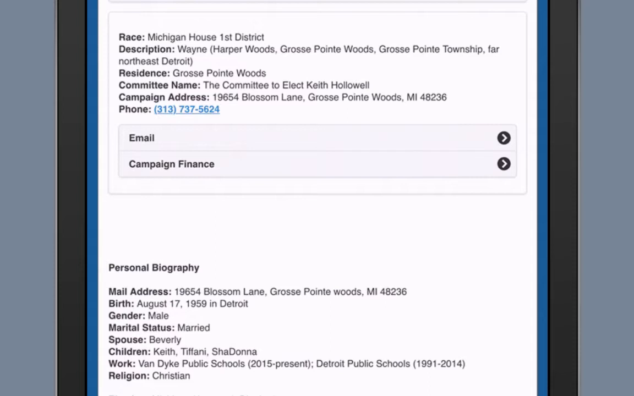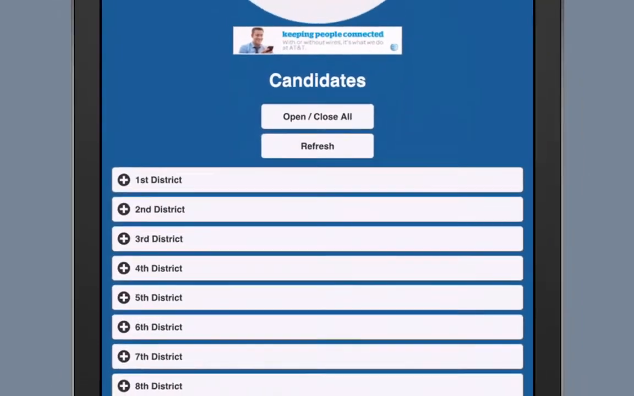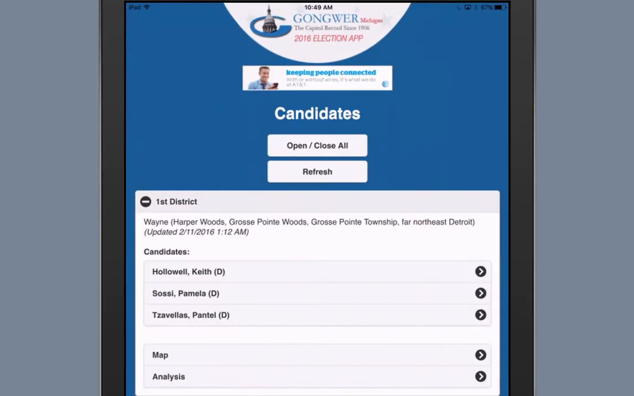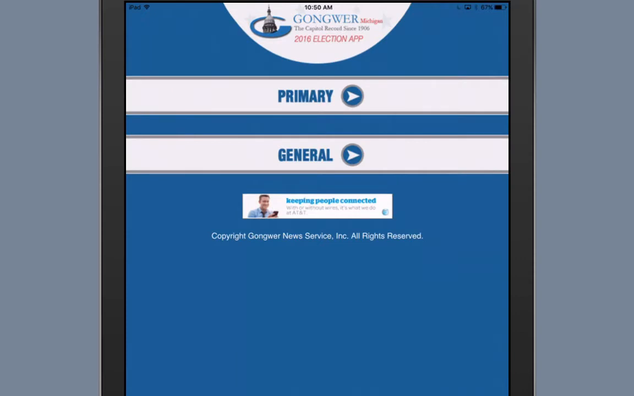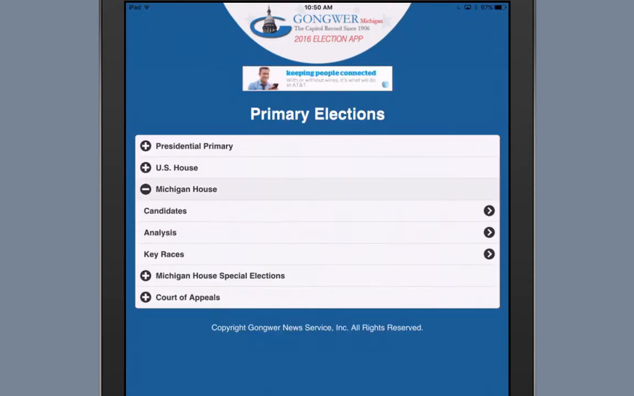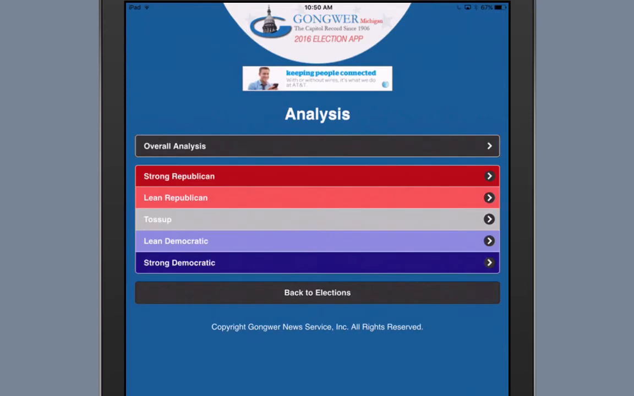If we go back to candidates, and back to this page here, you'll see we have the other candidates who have filed to run so far, and we'll be updating these going into the April filing deadline. So, if we go back to home, back to primary, back to Michigan House, and we go to analysis, you'll